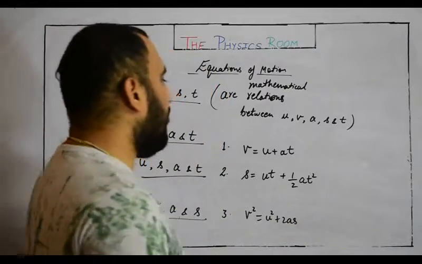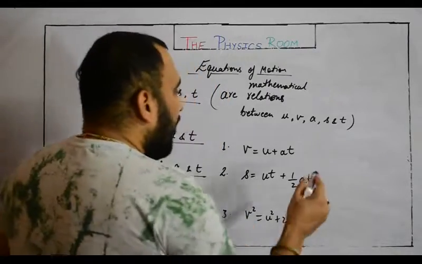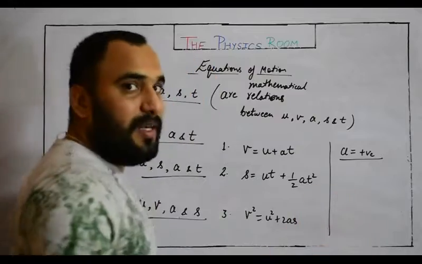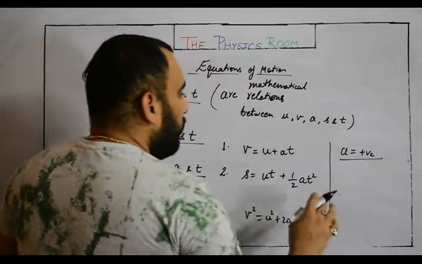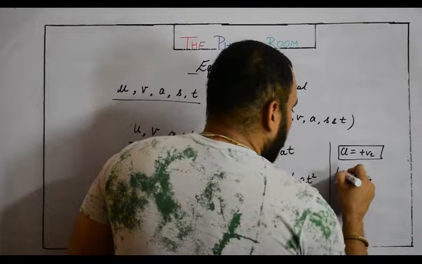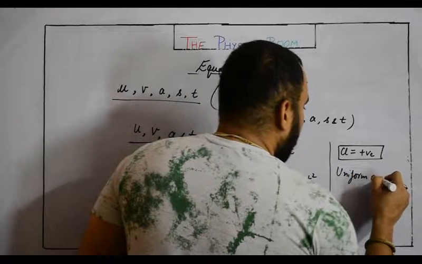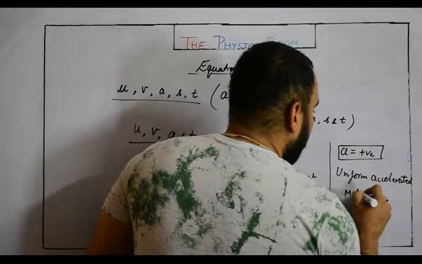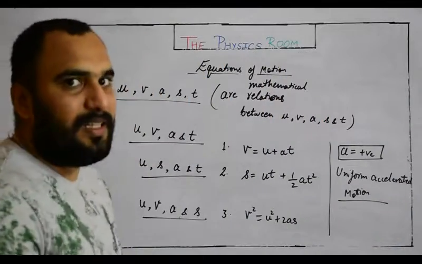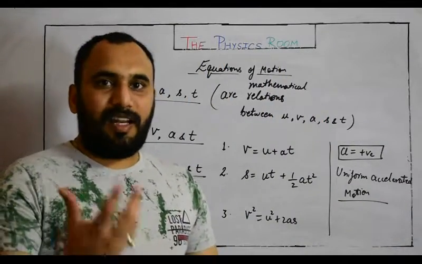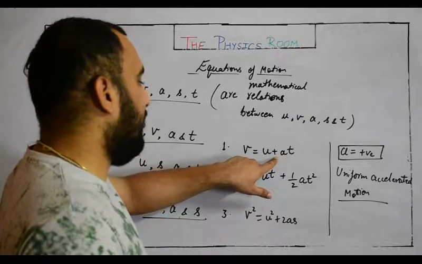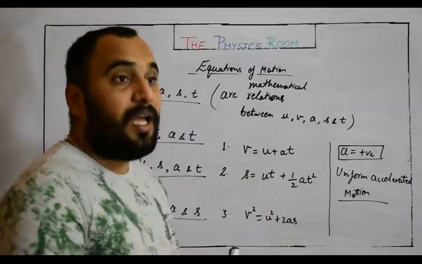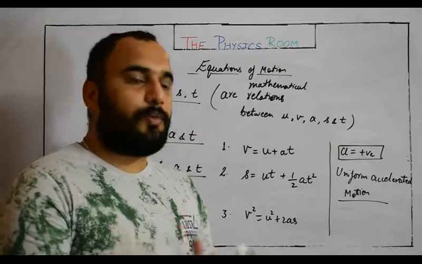Now please pay attention here. These equations of motion are considered when acceleration is positive, means there is an increment in velocity, right? So we need to understand that we are talking about uniform accelerated motion. And after getting this, you will be able to understand that if we are talking about retardation or retarding motion, negative acceleration, we need to put negative a. So on this side it will become minus, this side will become minus, as well as this side will become minus. And if we are talking about vertical motion, at that time we have to modify these equations of motion.